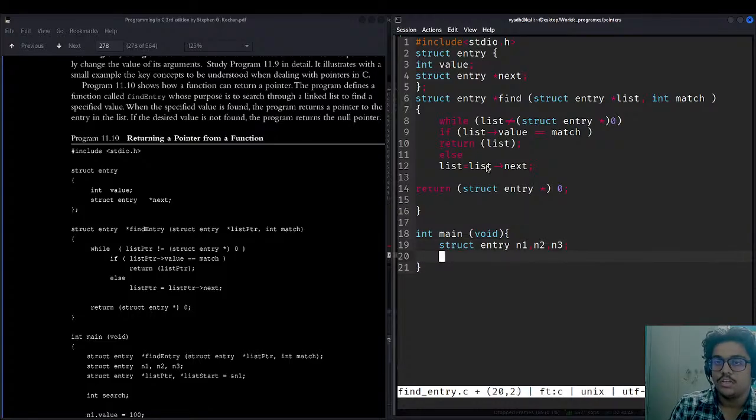Okay, then what we are having, there are arguments that we have given. So struct entry, list ptr is already known. List ptr we have not defined.